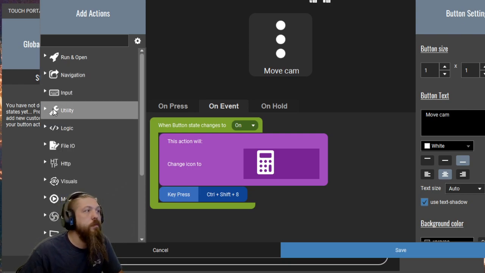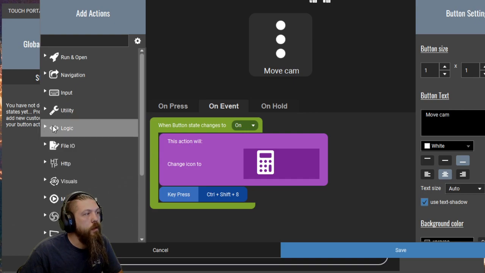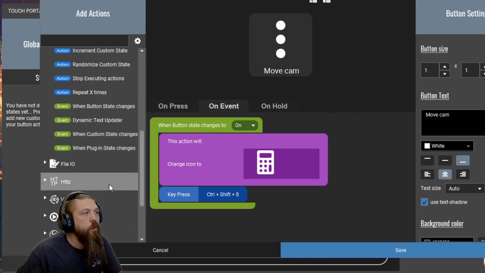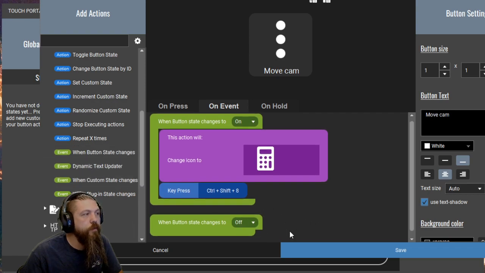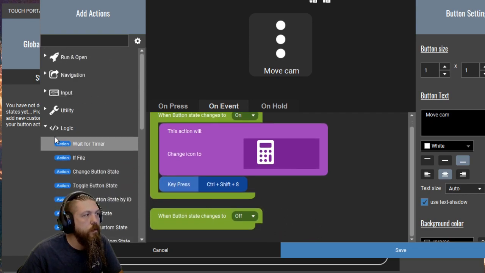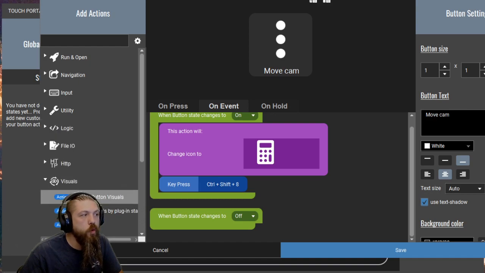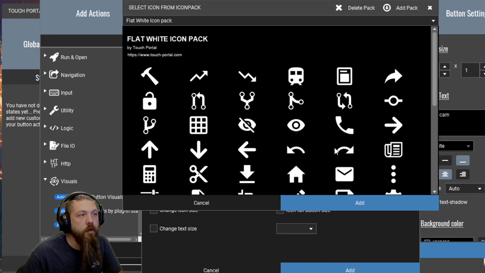Then, as you see all of that, we actually clicked on the wrong one. I do apologize. We will go down here. When button state changes to off, close that temporarily. Go to visuals, change button visuals, change icon to, and again, we will choose a different icon